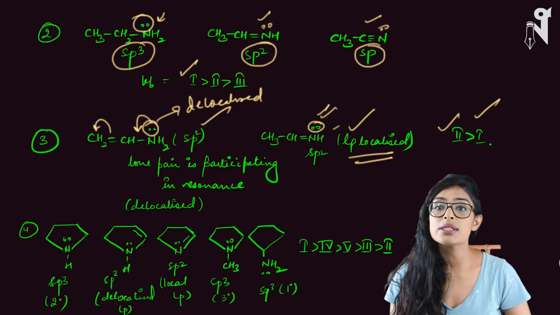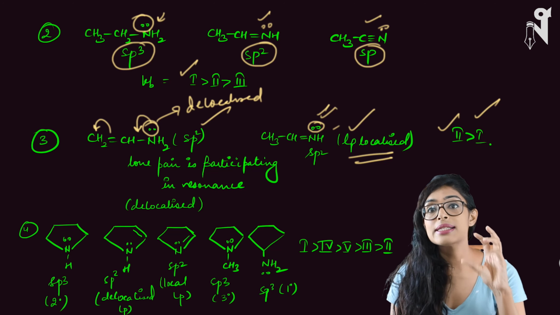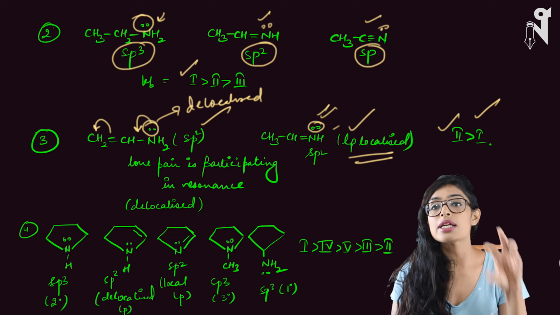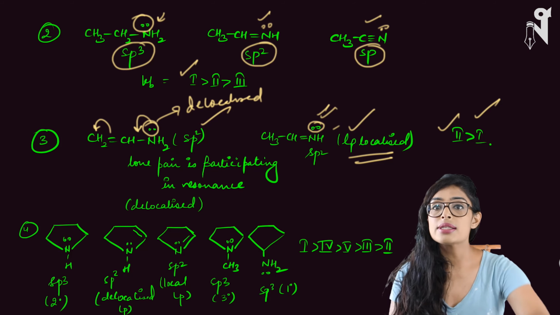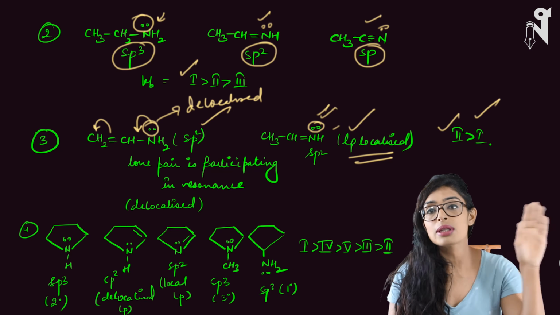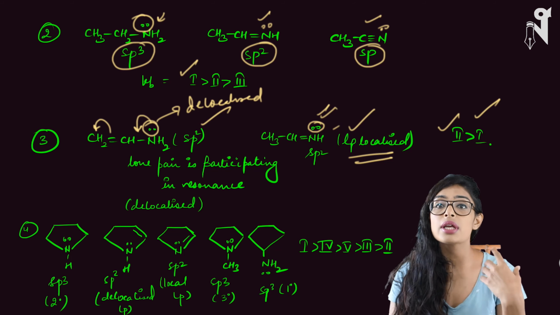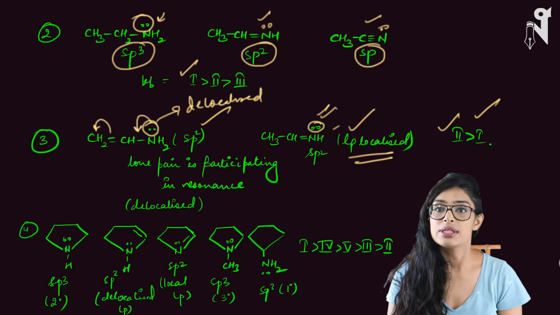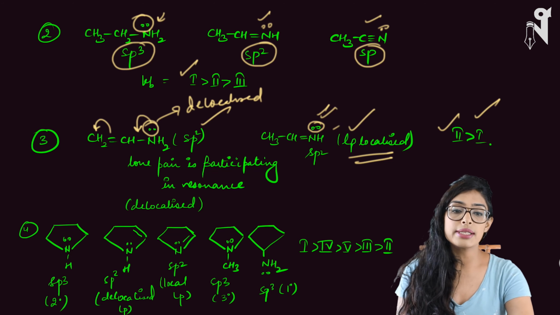But delocalized ones are moving from one place to another, and hence the atom doesn't have control over it. And it can give it away only when that electron pair reaches it. Otherwise, in most of the other conditions, it will be on some other atom, and the nitrogen cannot give it away whenever it is required. And that is why the basic strength is lesser. Now come to the next example.